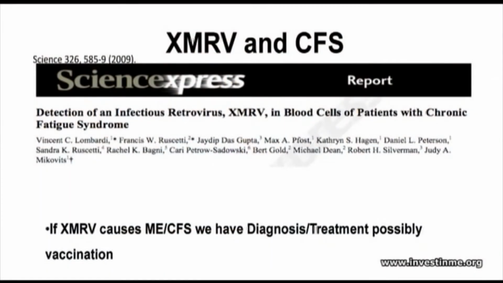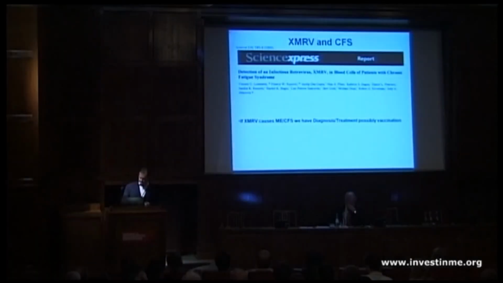A viral cause, particularly a retroviral cause, would offer pretty straightforward diagnostics, similar to those used to diagnose HIV, and also similar treatments. The drugs that are used to treat HIV, which are very good drugs, are also active, most of them, against gamma retroviruses. And there's also the possibility of a vaccination. So that's one series of reasons to take this seriously.